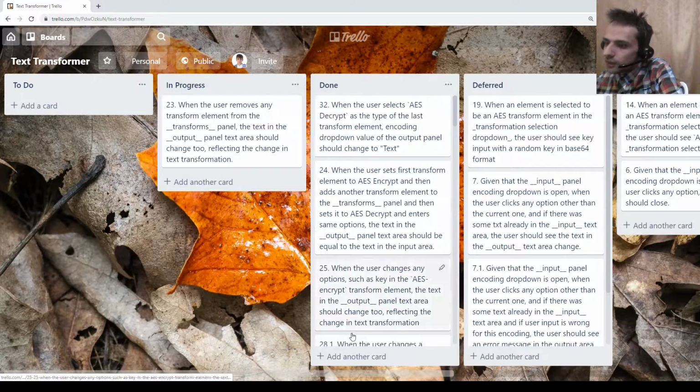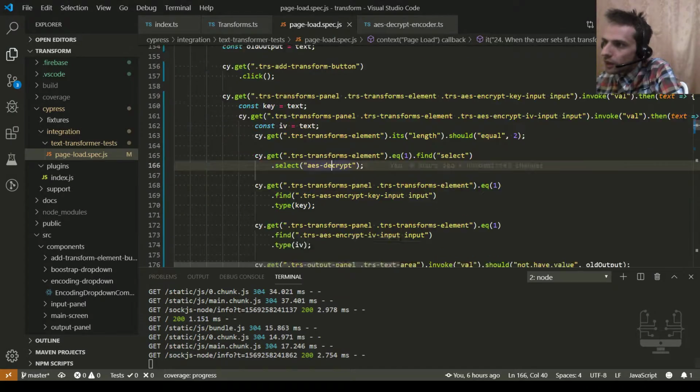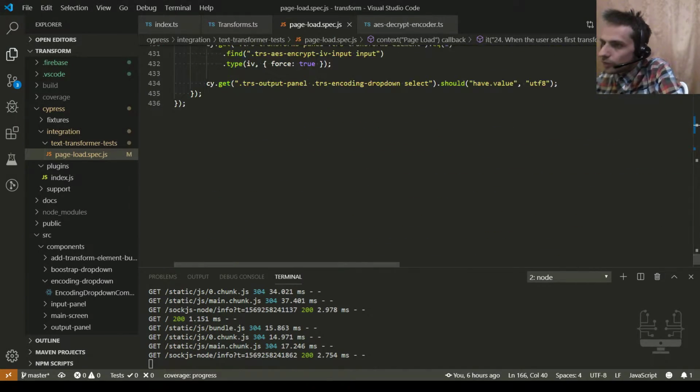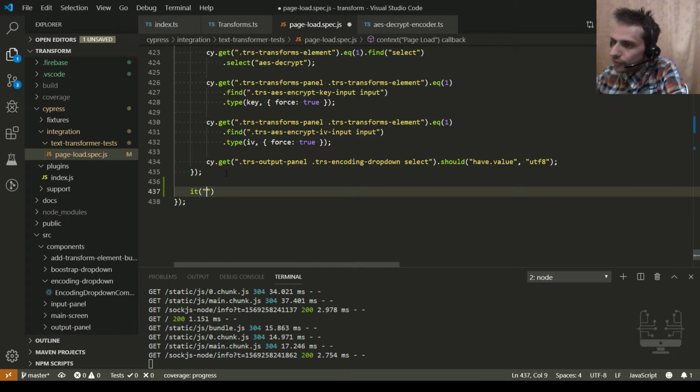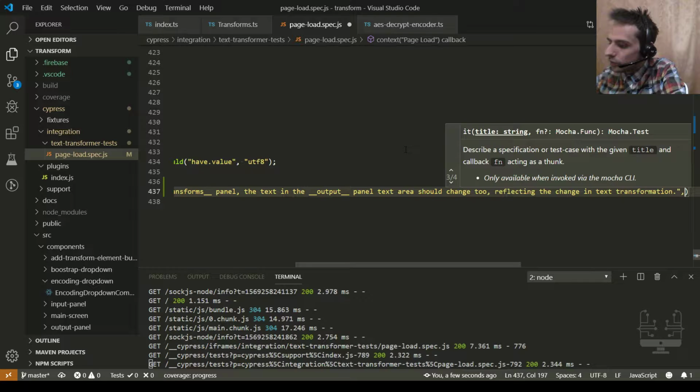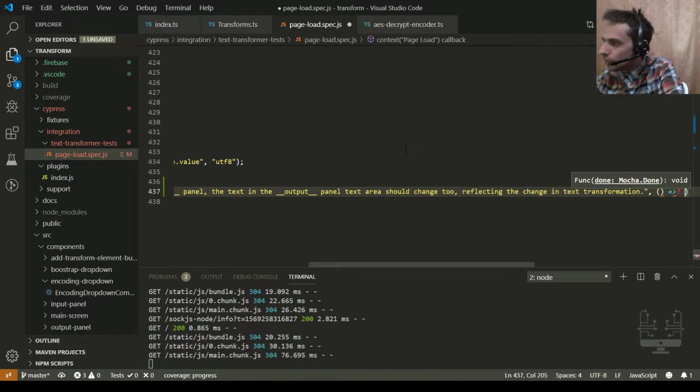Let us create a test for this. This ticket is related to, let me check what it relates to.